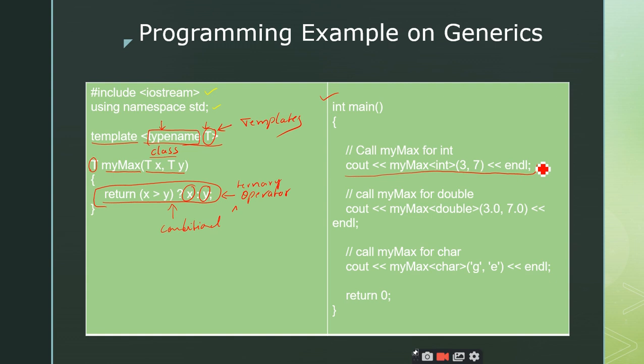See here, this is how we can call the function. This is another syntax. I call it using the function name mymax and the parameter values 3 and 7. Between the function name and the parameter list I have used one new syntax, int, specified inside the angle brackets, but this is not mandatory.